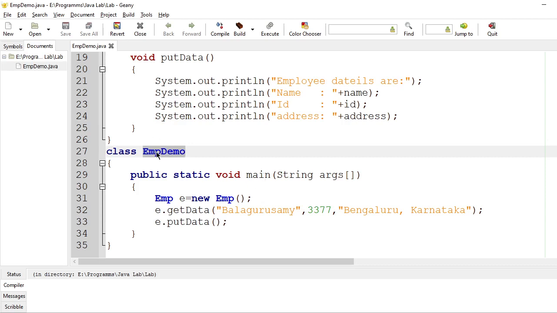So here I have to give EMPDemo.java. The extension is always java. Once I give that, I have to save it in a particular folder, then compile it. If there is no error, it gives success. Yes, compilation finished successfully. That indicates there is no compilation error.